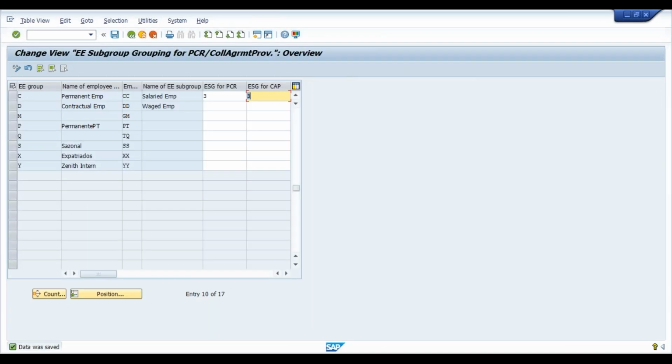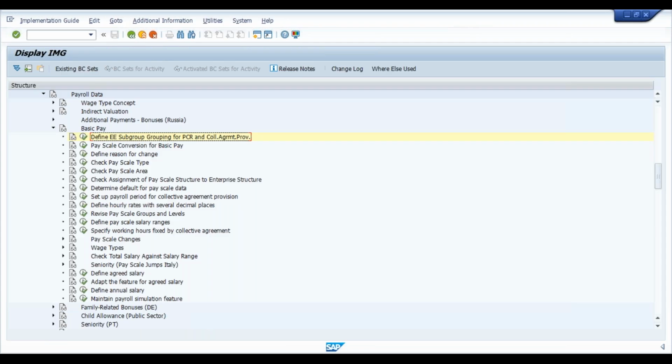Click on continue. So we have assigned a PCR to our employee subgroup grouping. Click on back, and the next configuration,